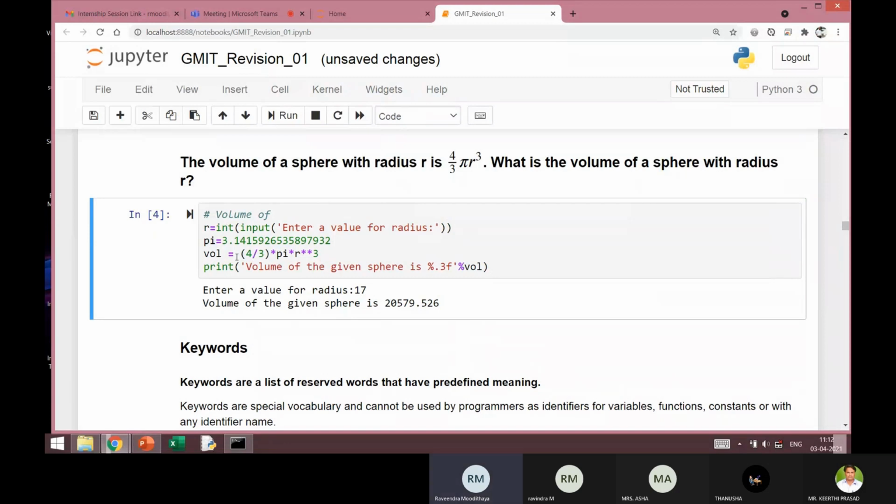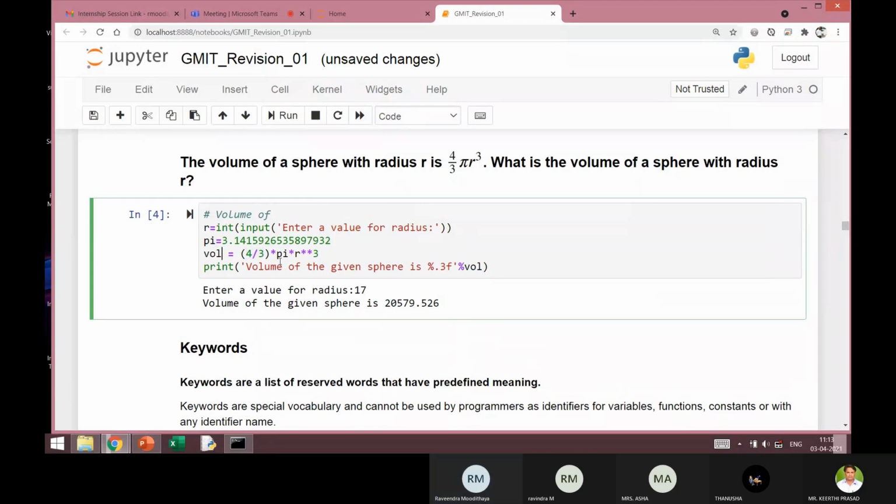But note that in my expression for volume, I have written volume equal to 4 divided by 3. There is a single slash here. Though the two arguments are integers, when I write 4 by 3, the output is always going to be a floating point number. And once I use one floating point number in the expression, whatever be the type of other numbers, everything will be converted into floating point, and the final answer is going to be floating point.